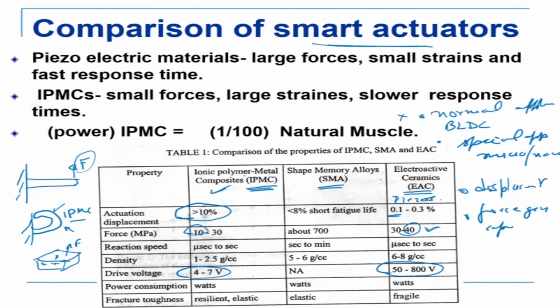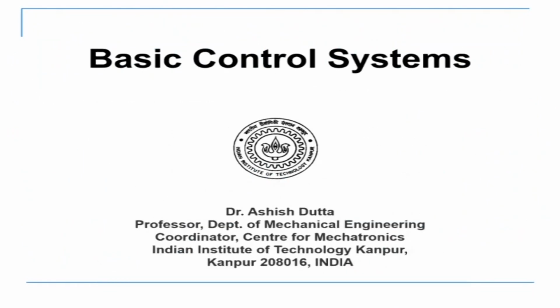Whereas if you want to produce a very high force, you want to push an object with very high force, but your displacement is not high, in that case, electroactive ceramic will do. Depending on your application, if you're somewhere in between, then you can talk about SMAs. So this table is important to know to show what type of actuator you should choose. So we stop our discussion on actuators here and move on to the next topic,